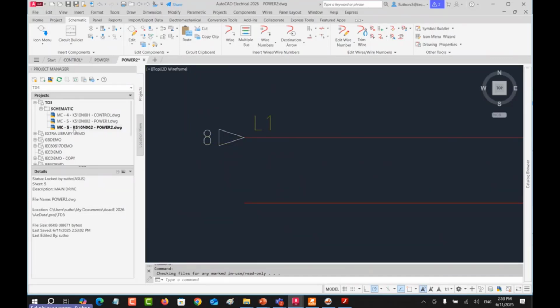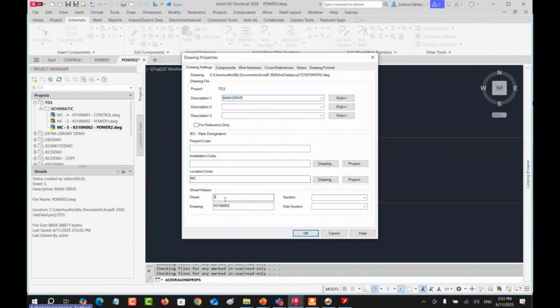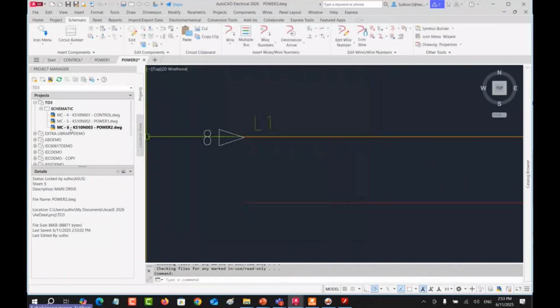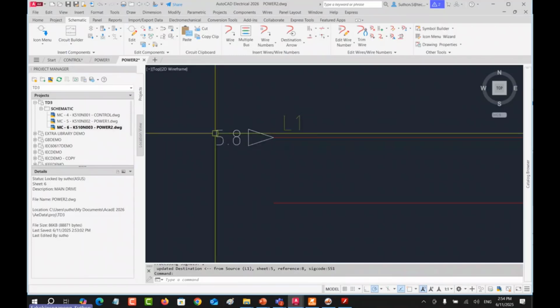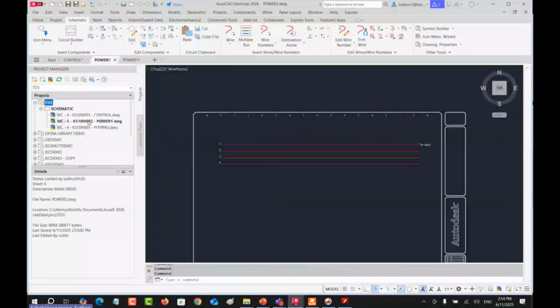Because you didn't change the page number, right? You have to assign this to number 6 and number 3. Once you have assigned number 6, you use the update. It will change to 5.8 instead automatically, right?